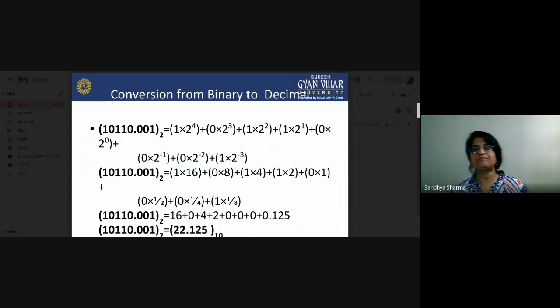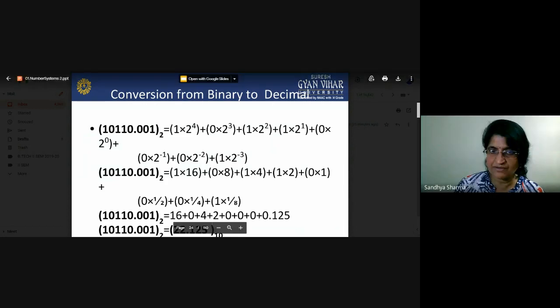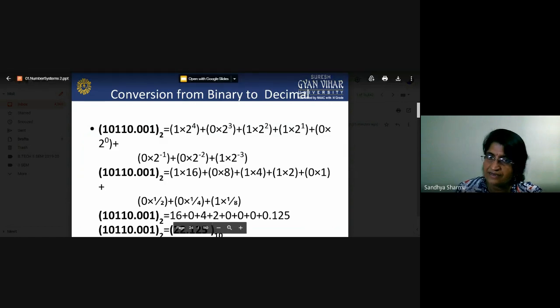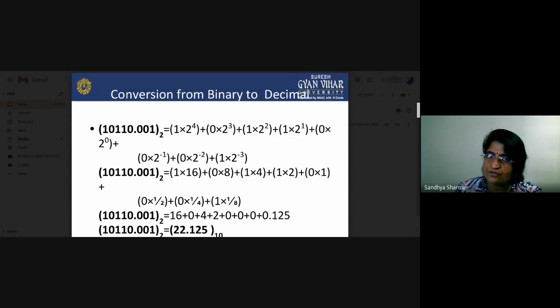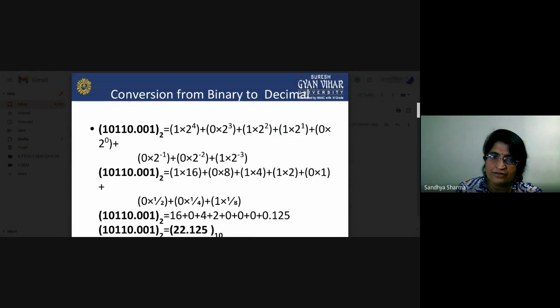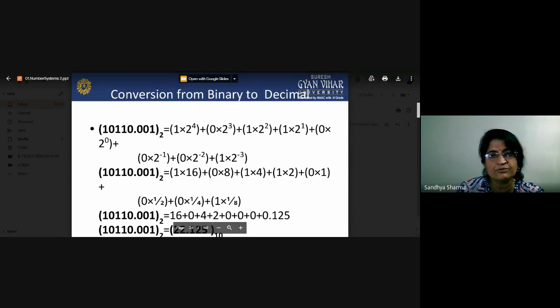Again this is the same. You have to see this type of conversion, but there is a fractional part also. Just for learning purposes, we will tell you about the fractional part. What will happen here? 10110 will be the same as we showed earlier: the LSB 0 multiplied by 2 to the power 0, plus 1 multiplied by 2 to the power 1, and again 1 multiplied by 2 to the power 2, plus 0 multiplied by 2 to the power 3, plus 1 multiplied by 2 to the power 4.